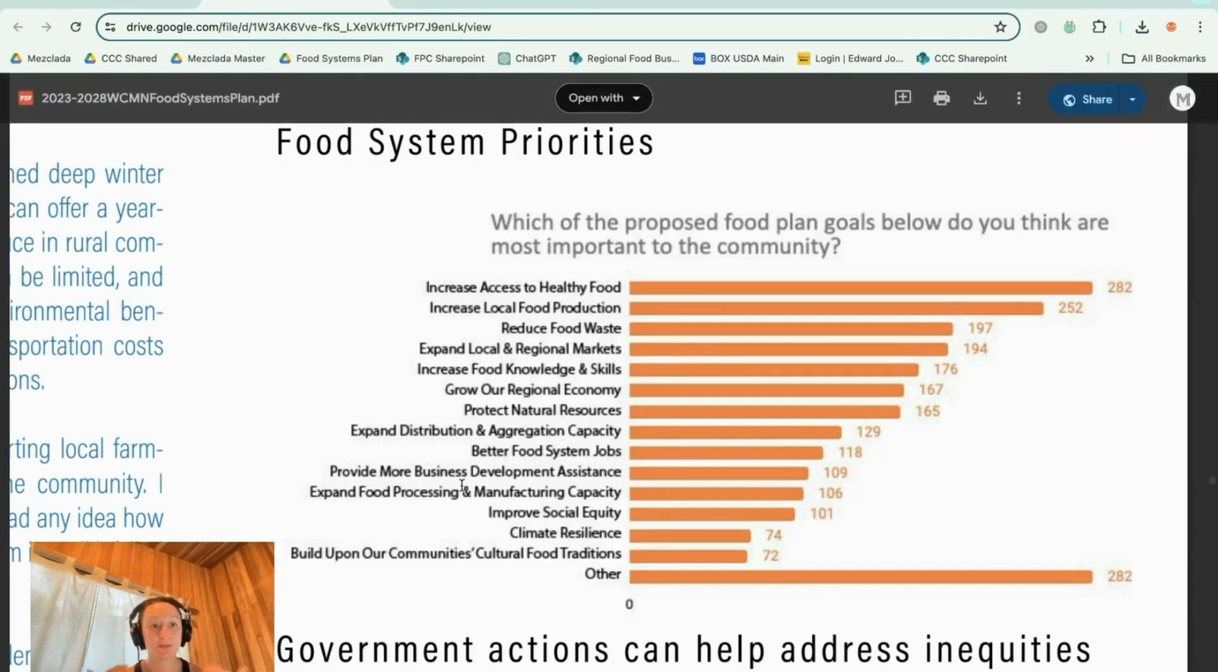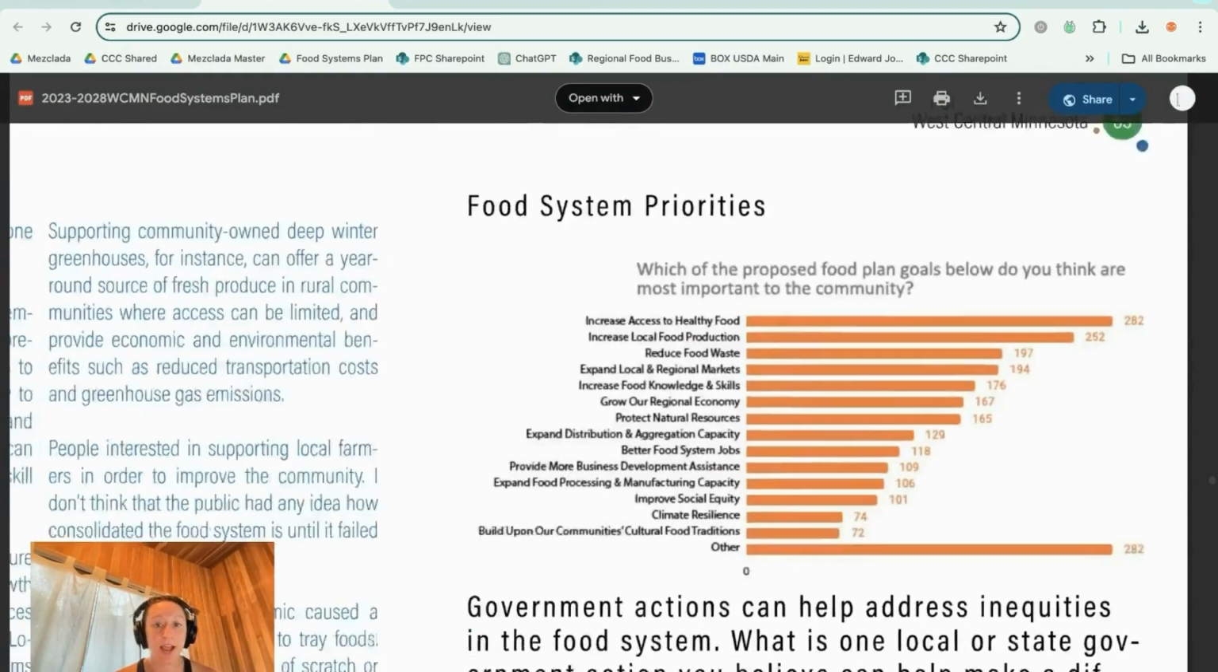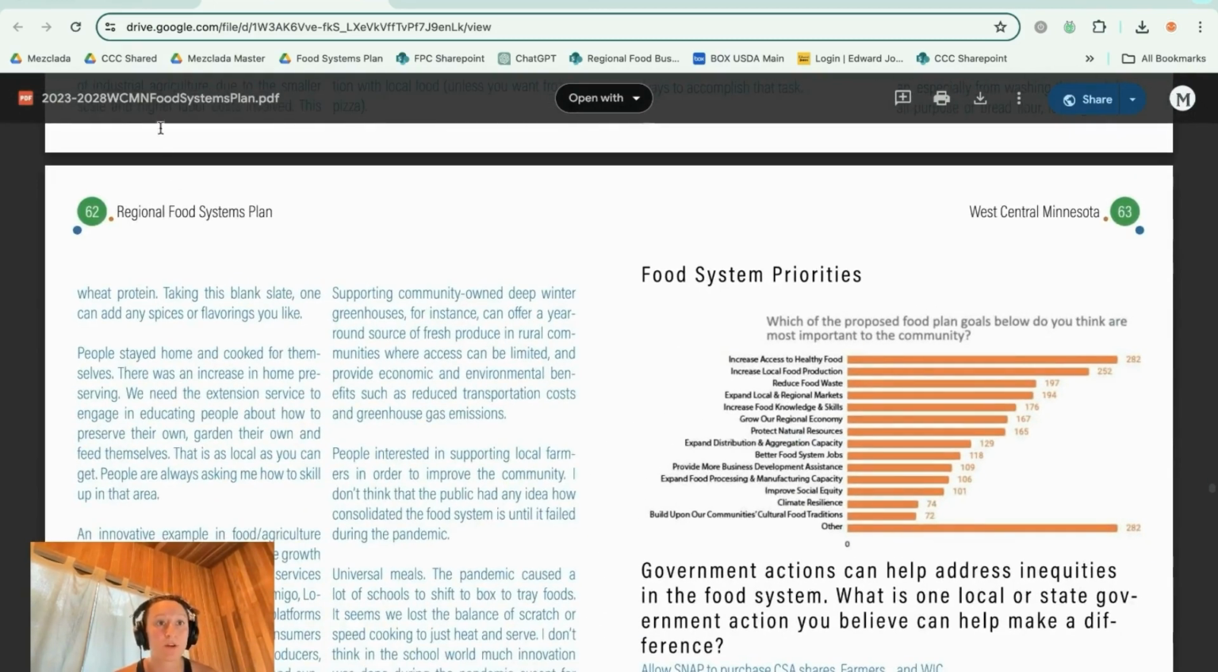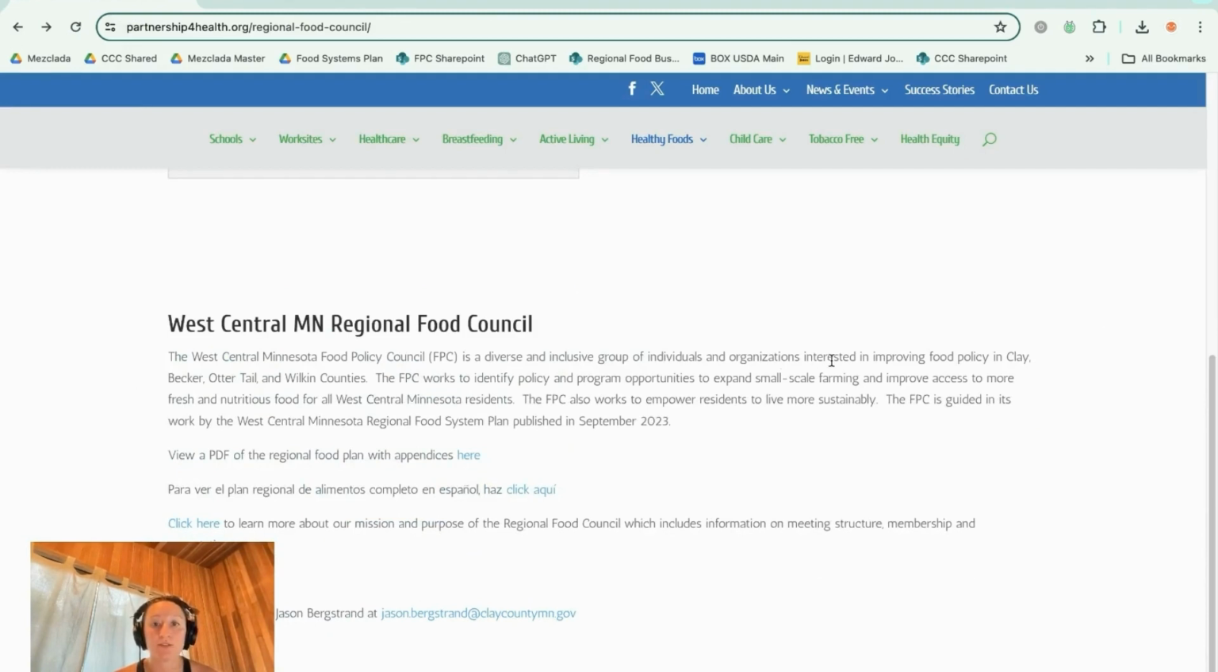So basically what happened was we completed this planning process, we published this document, and then we went straight into recruiting for a food council. And this council is made up of people across these 4 counties. And what they're working to do is identify policy and program opportunities to expand small-scale farming and improve access to more fresh and nutritious food for all of our West Central Minnesota residents. They're also working to empower residents to live more sustainably. And this regional food systems plan is kind of like the guiding document and backbone that helps support our work. And I'm hoping it will provide us with a really good track record and momentum to be able to provide for additional